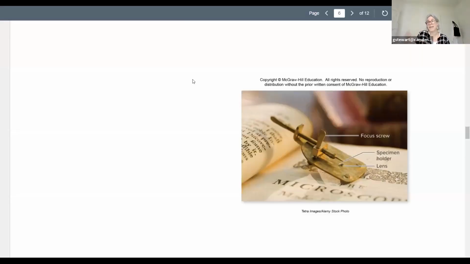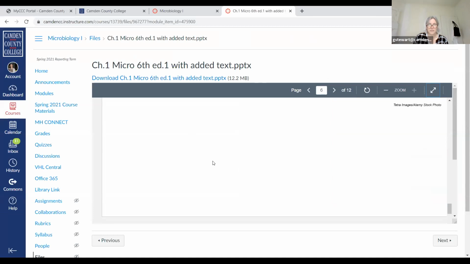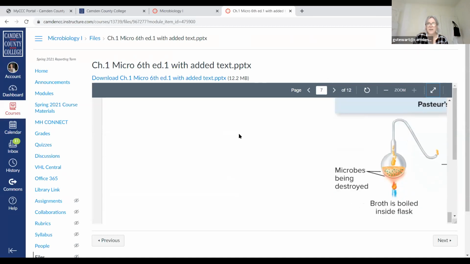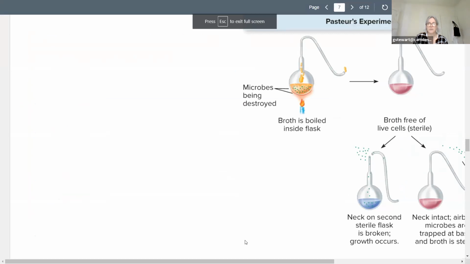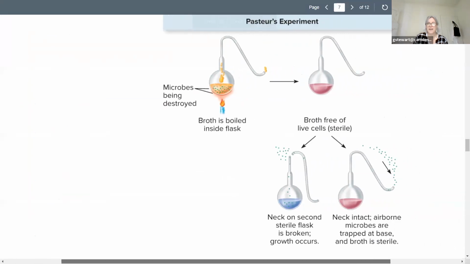So that was probably one of the most important advances in microbiology, or the beginning of the study of small life, to be able to actually see the small life. And then, of course, let's make this a little smaller so I can go to the next panel. And then we have this experiment here in the 1800s with Pasteur, looking for how we could prove that life